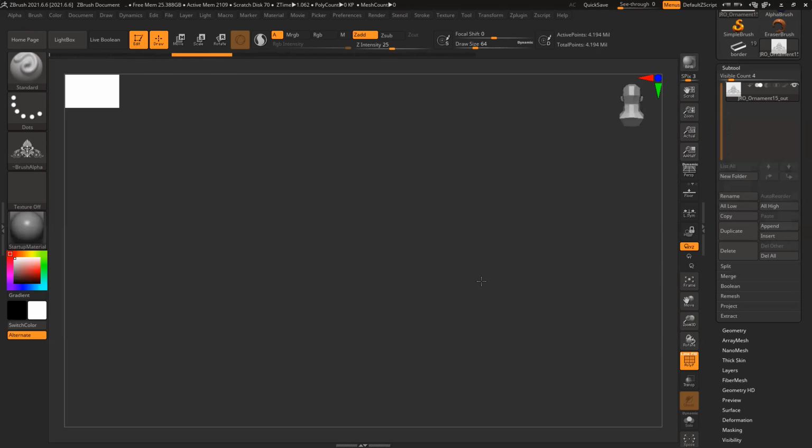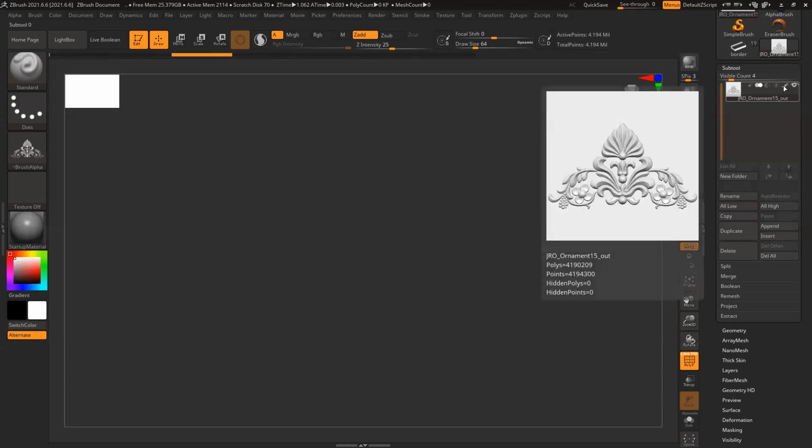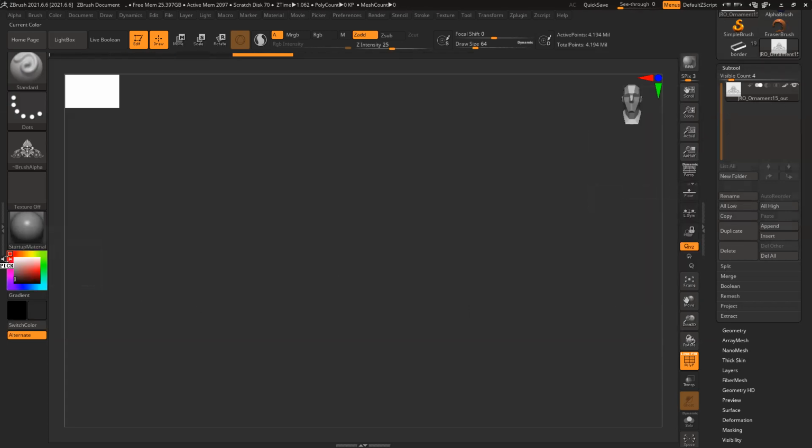Okay, where is the mesh? Frame doesn't work.